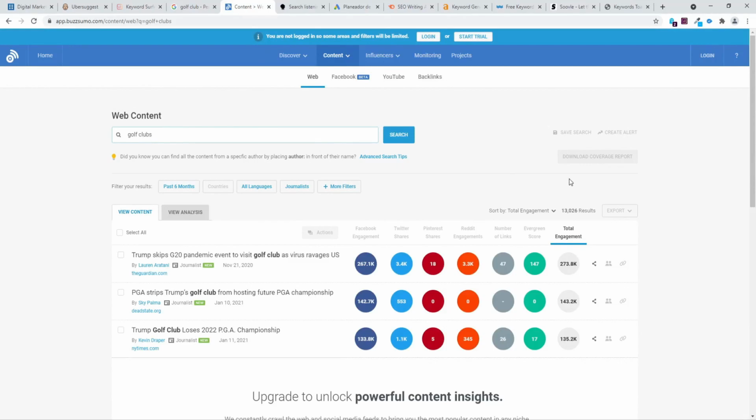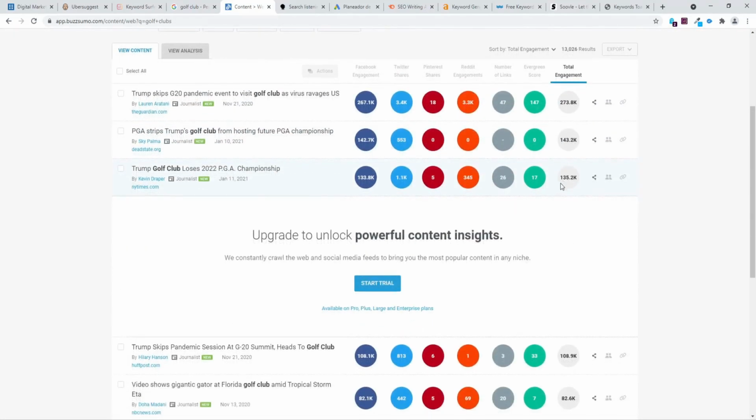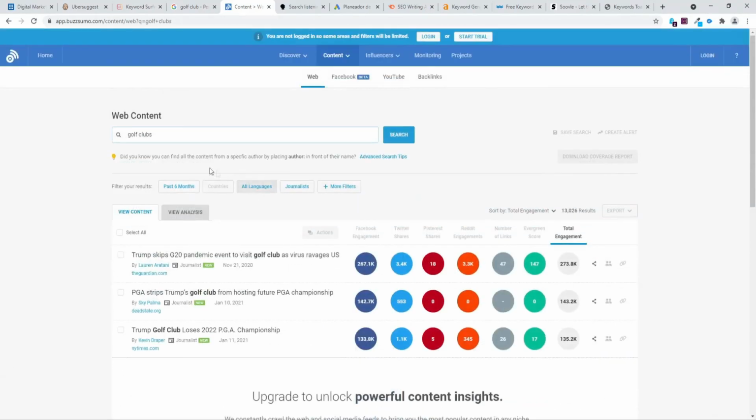This is similar to the Ubersuggest section, which was the one at the bottom when we were talking about content ideas. So in this case, if you type in a keyword, BuzzSumo will show you a ton of different ideas. BuzzSumo doesn't have limited keywords or limited searches, but they rather have limited results. So if you type in a keyword, it will show you the engagement for Facebook, Twitter, Pinterest, Reddit, the number of links they have,